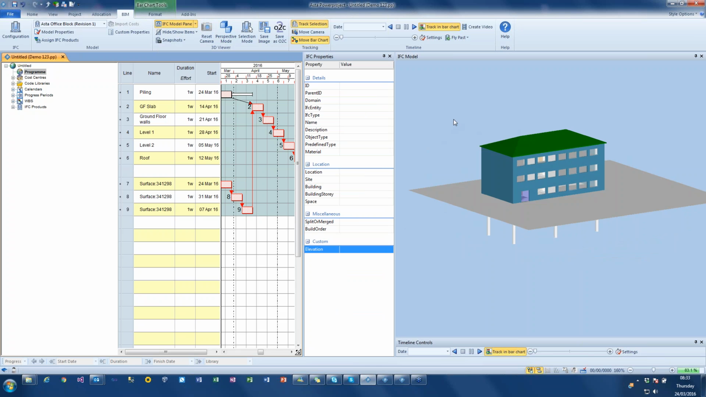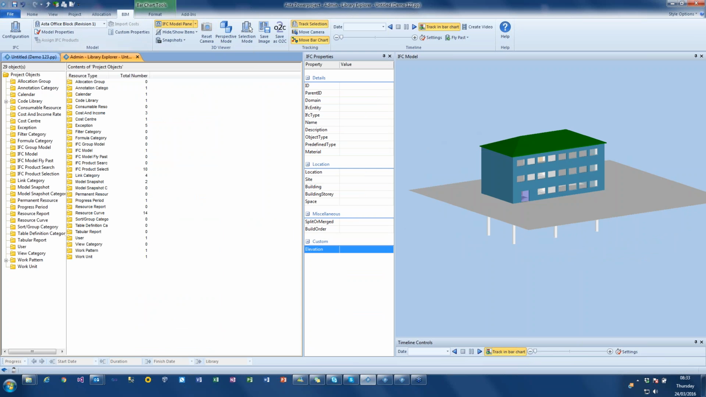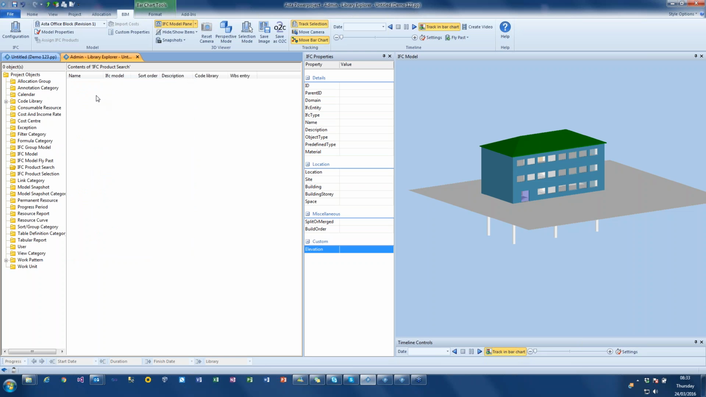But there is a way of configuring the system to allow you to automatically find the information without dragging and dropping it across. So what we have inside Power Project, if I just go into this Library Explorer, this allows me to find some more details inside this particular project, and I can go into IFC Product Searches. So what I can do in here is I can right-click and I can say New IFC Product Search,